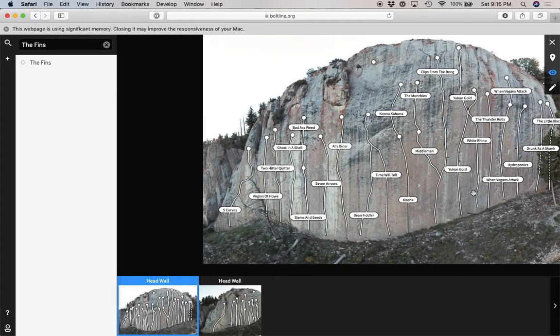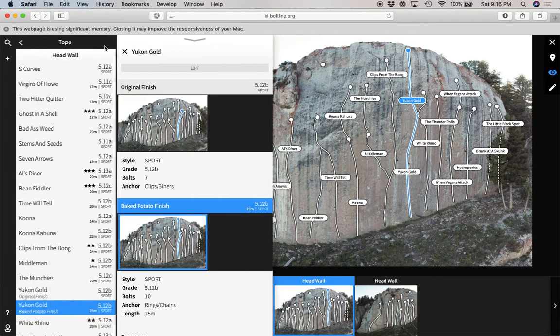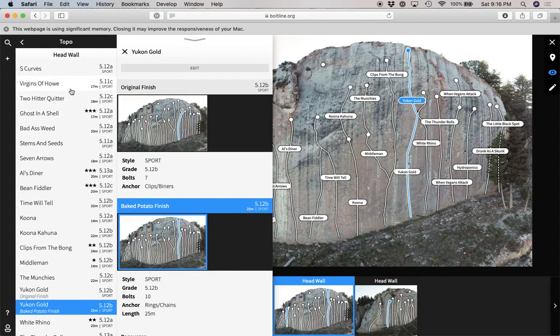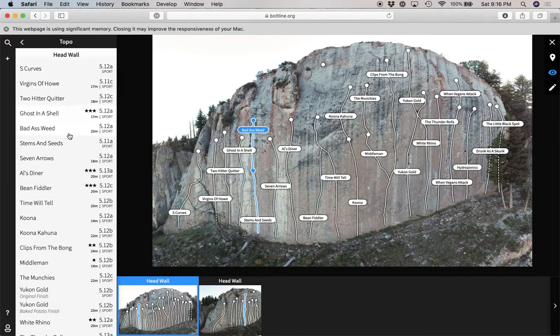topo looks like once all the routes are added. There's routes with variations here. There's routes that cross, but everything is here. So you've got all the climbs listed on the left side, and as you scroll over them, they highlight on the map. So this is kind of what you're going for,